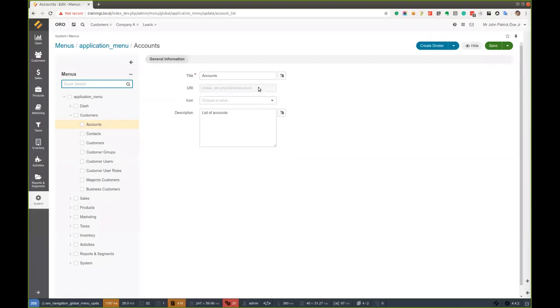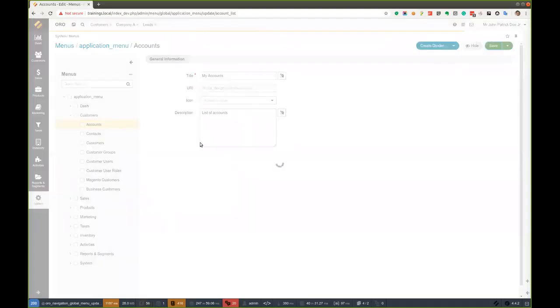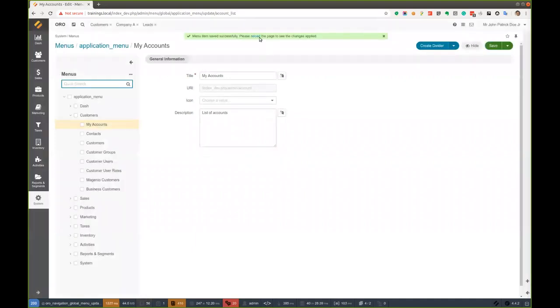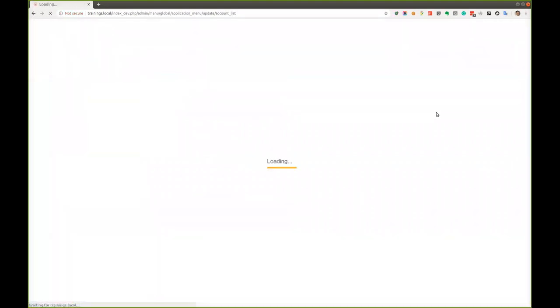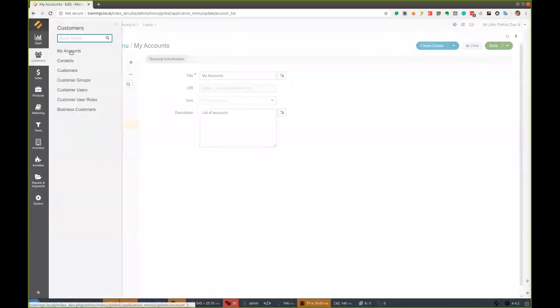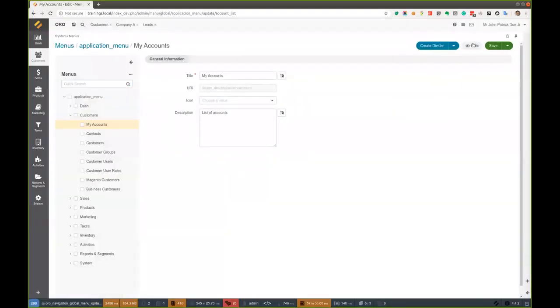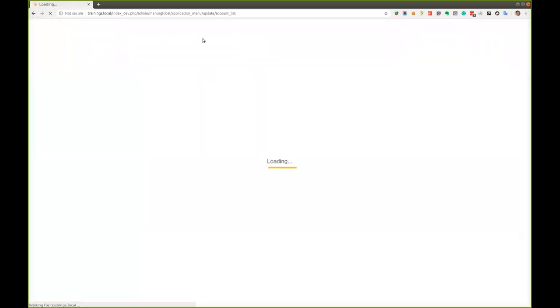Because those are system links, so they are created in the navigation YAML, I cannot update the URL, and I cannot delete it, but I can hide it if I want to. So I can rename account to my accounts, just to make it something simple, save it. It will ask me to reload the page. And now in customers, I will have my accounts. Okay, so this is very simple customization. I can also hide it. And now reload the page. And it should be